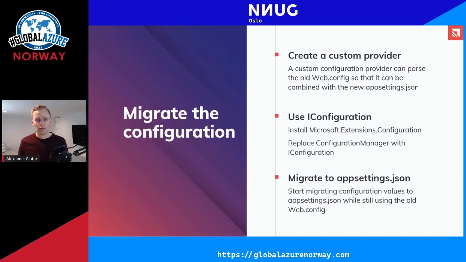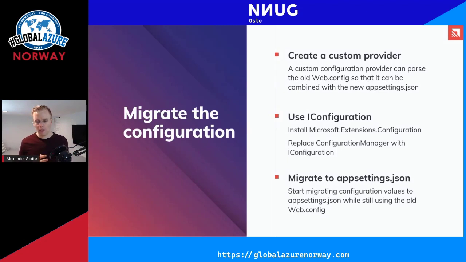And it will take a bit of time to move them over slowly, as well as, in tandem, upgrade your CI/CD tools for overriding those values, for example. And the way you do that is you create a custom provider. It's a small little class that just reads both the web.config as well as appsettings.json together. And once you've done that, you basically can use that provider to